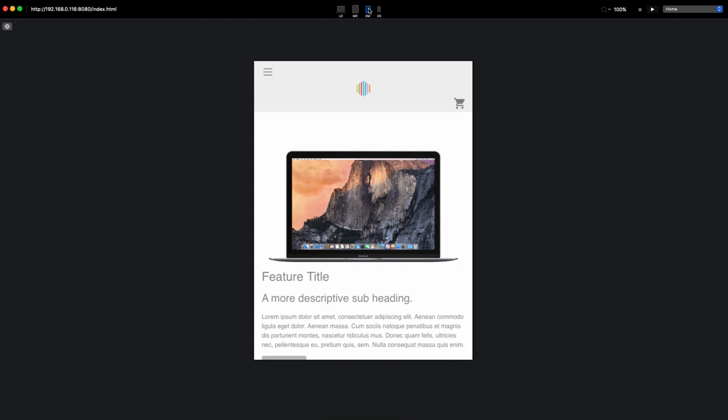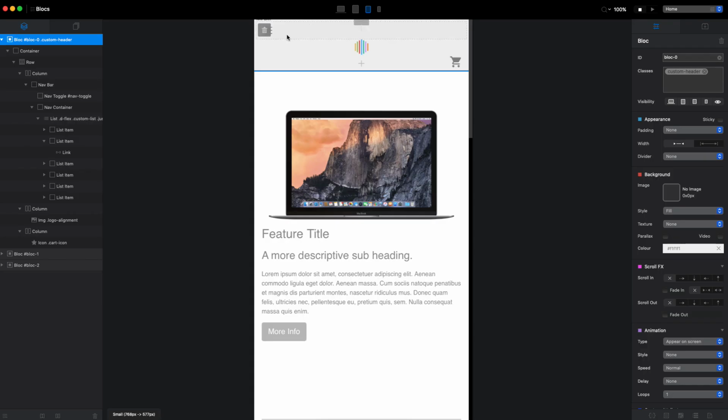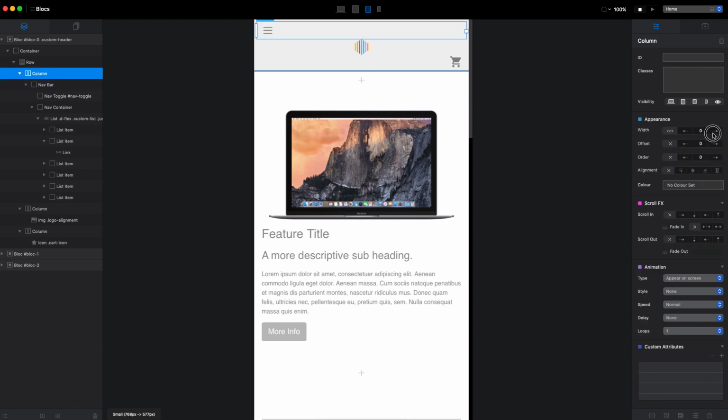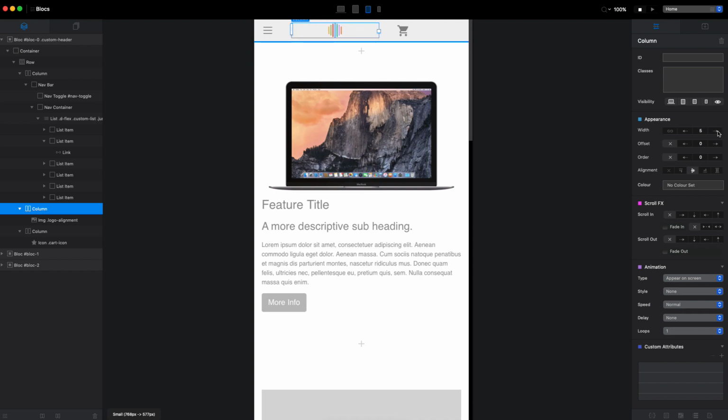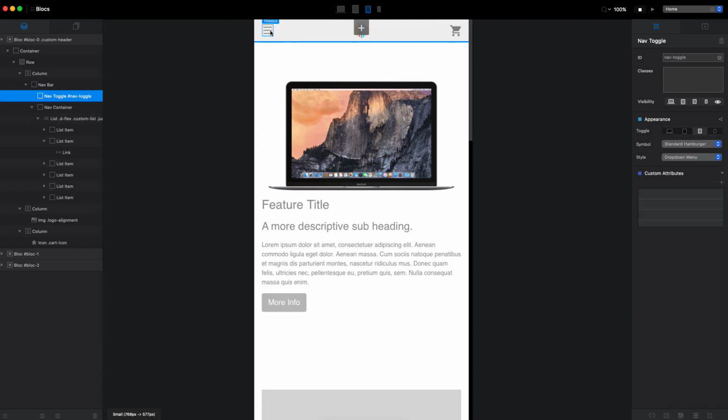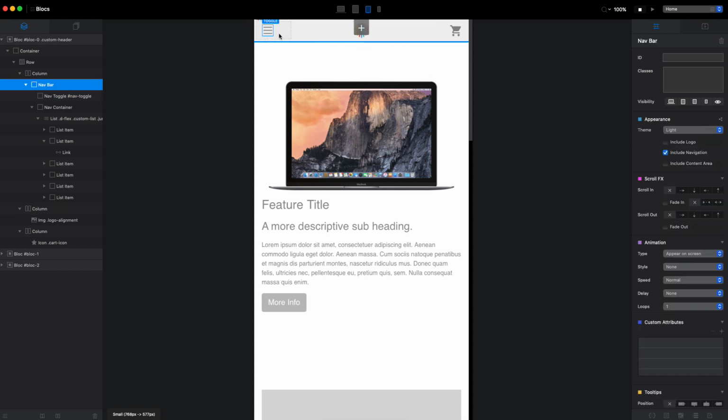And on the SM breakpoint, now we just need to adjust the size of the columns here. So I will select the menu here. I will select the icon here. And for this column, for the logo, let's add 8. So we have 12 in total always. You can see we have 12 in total. And obviously you can see that this link is actually aligned on the,